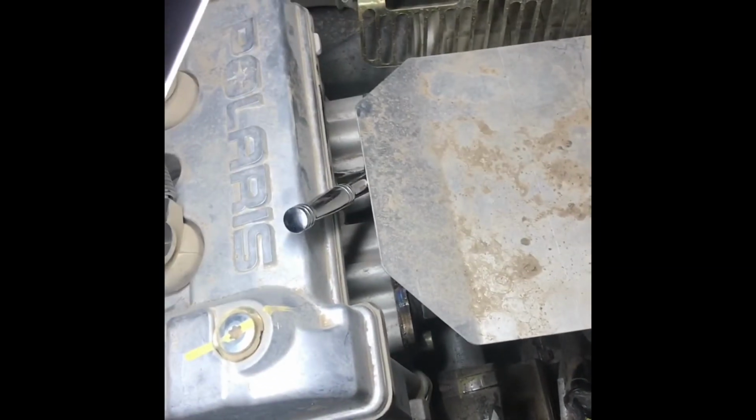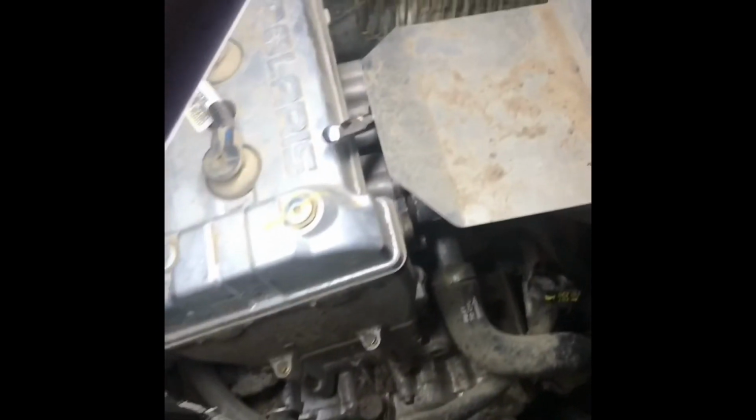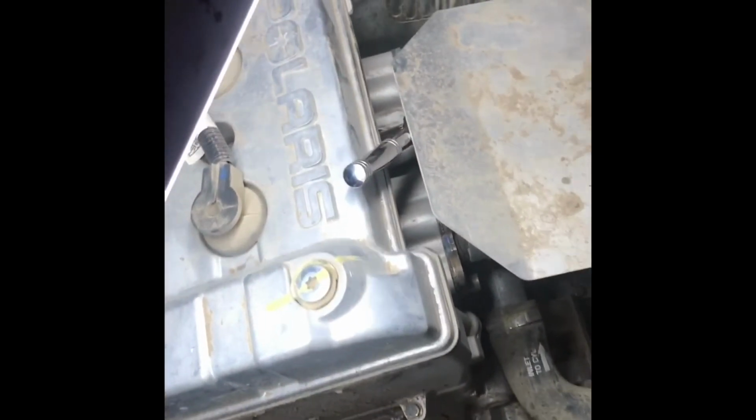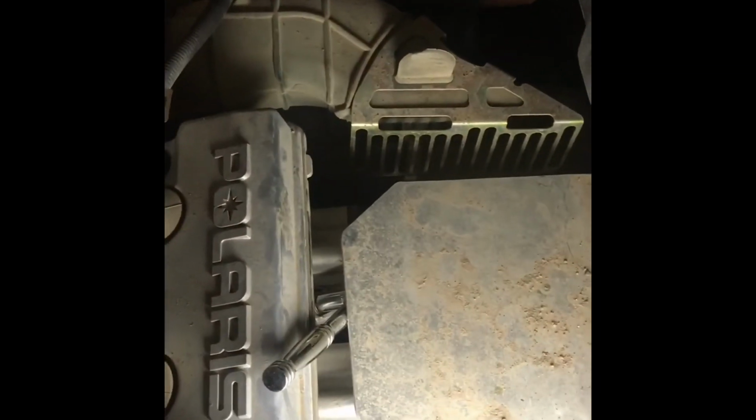Okay, so I stopped the engine, and the temperature is about 165 Fahrenheit. I'll open that back up again, and we're getting air out of here now, a lot more air than we were earlier. I just can't find a way to put this light. So we just want to wait until we stop getting air, and then what we're going to do